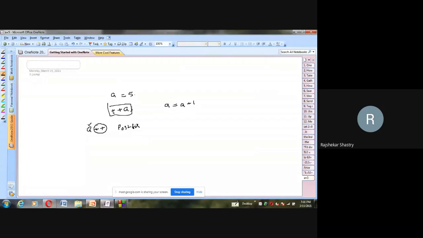Right. Now, what are the results about the increment operator and decrement operator, we are going to discuss. The same discussions are applicable for the decrement operator also. Minus minus, it may be minus minus a or a minus minus. In minus minus a, it is the pre-decrement operator. And here, this is the post-decrement operator. And the value of a is going to be decremented by 1.